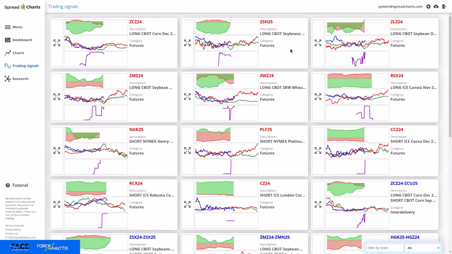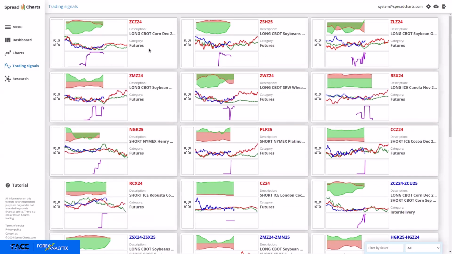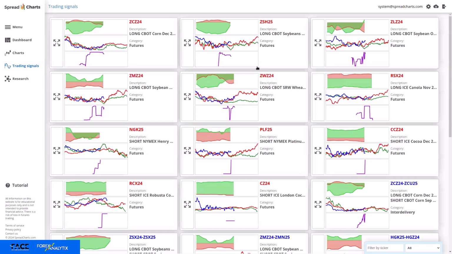And we also have signals in our app. These signals are not human-made. They are produced by a complex machine learning model, deep machine learning model, AI, if you wish. If you look at these signals, you can see that there are many long signals on agricultural commodities like grains, soybean complex, and these commodities. So I would focus on grains. You have canola here, wheat, soybeans. So this is the part of the market I would try to go long, and